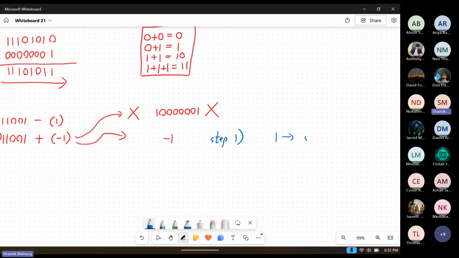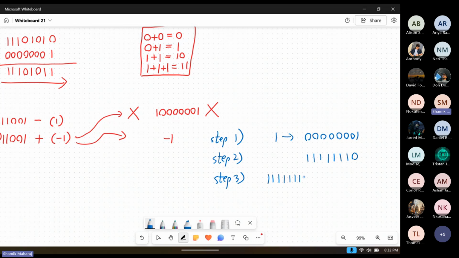And that is easy. It's just 1, 2, 3, 4, 5, 6, 7, 8. All right, step 2 was to invert all the digits. So that will be 1, 1, 1, 1, 1, 1, 1, 0. And step 3 was to add 1 to this. 1, 1, 1, 1,